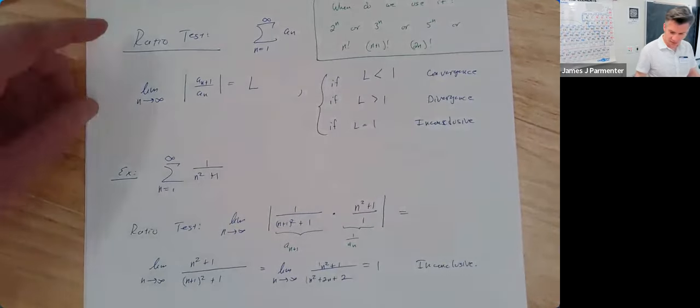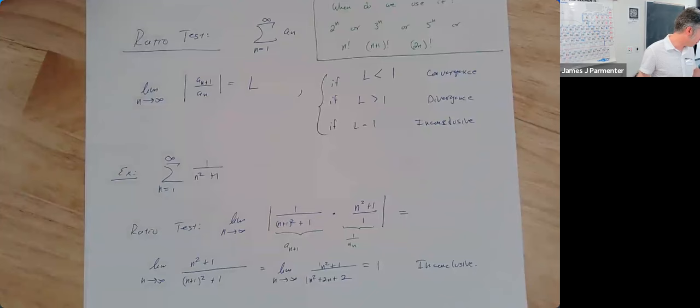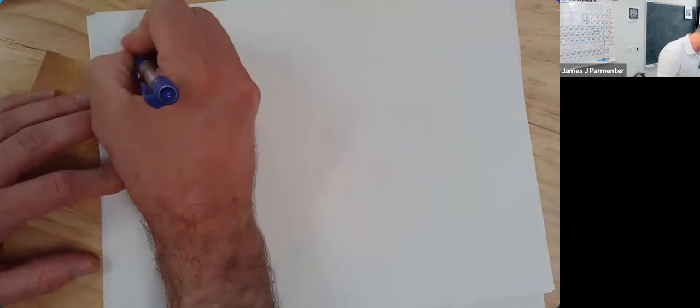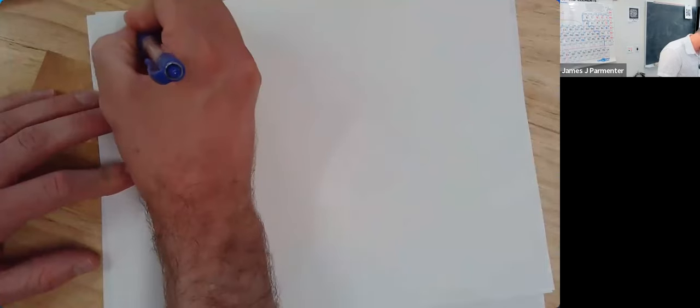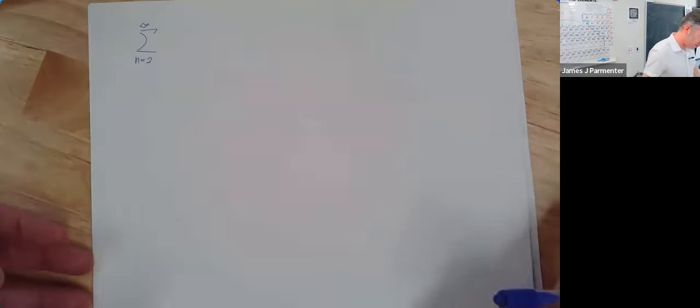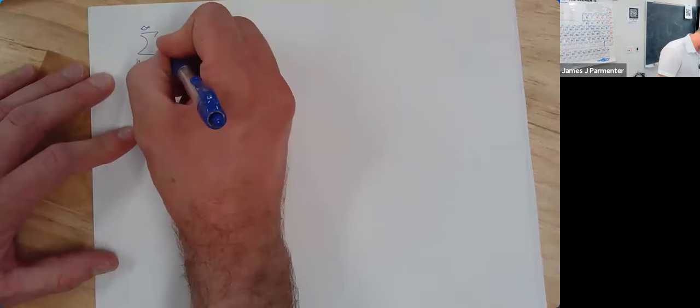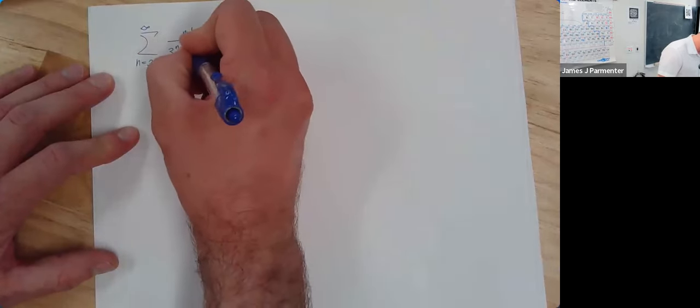But I said I was going to give you another example. Oh yeah, sure. So let's say we want to find whether or not the series from n equals 2 to infinity of n factorial over 3 to the n times n to the 4th